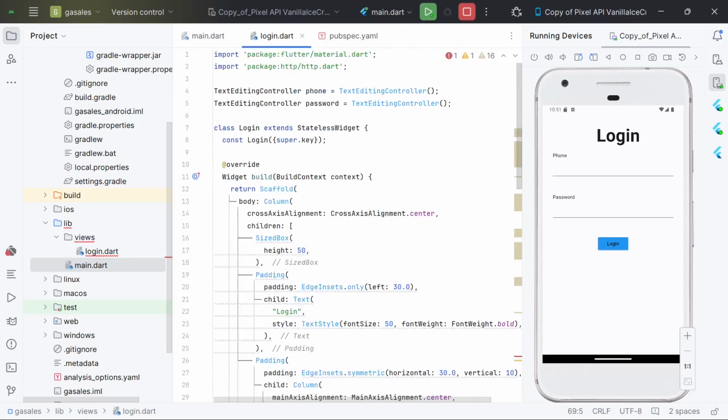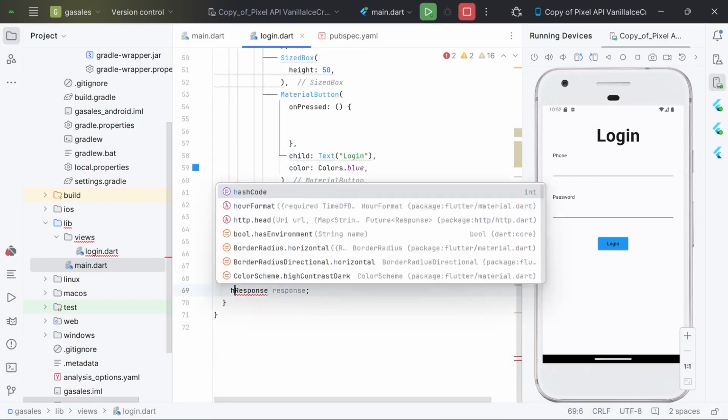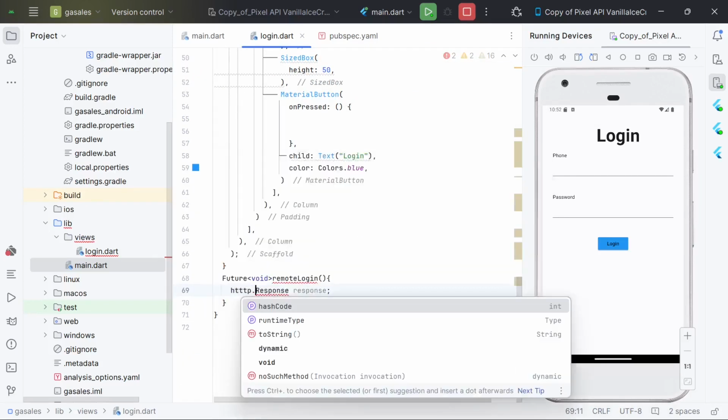I have selected the HTTP one. When the program is running, we need to be very specific on where the response class is situated. And so I will write it as HTTP so that all the references of the response class that is in HTTP will start with this. And that's what we now need to do here. HTTP dot response,